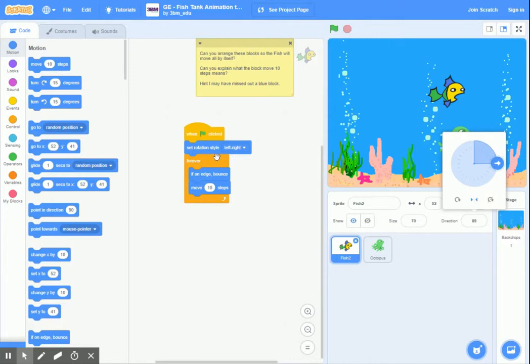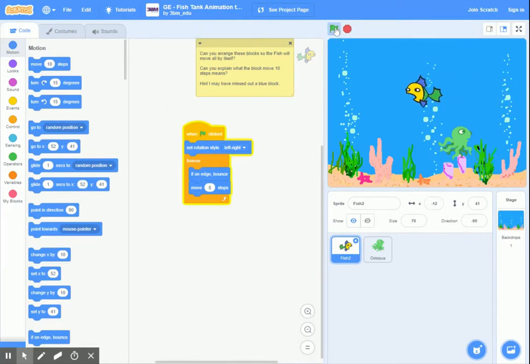Now the other thing you've got is it says if on edge, bounce. If it touches the edge it bounces, and it moves 10 steps. The number 10 refers to how quickly it works. So if I change this number to a lower number, it will move more slowly. So if I get this started, I've hit the green flag, you can see the fish is moving backwards